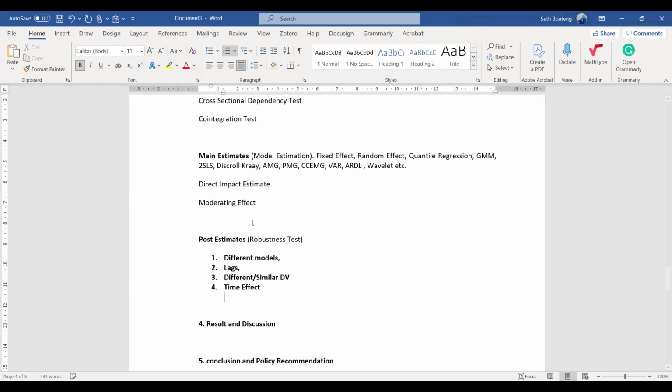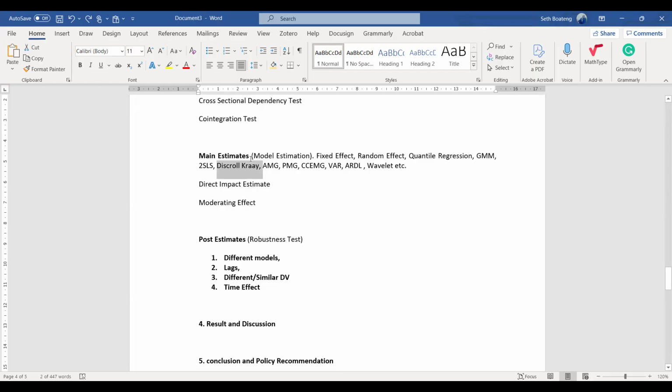Okay. So different model, let's say if you use random effect for your main model, you can use maybe, if you use fixed effect for your main model, you can use maybe random effects and maybe Driscoll-Kraay as your robustness to test whether you get same or similar results. You can use lags.